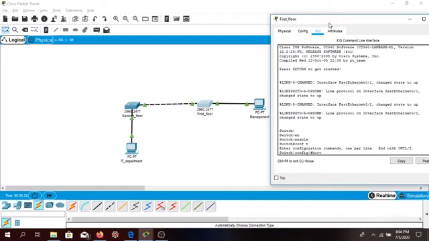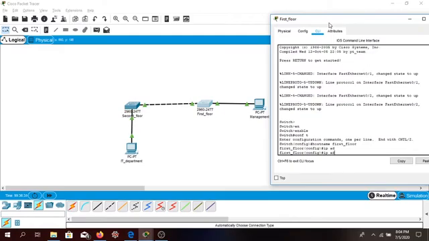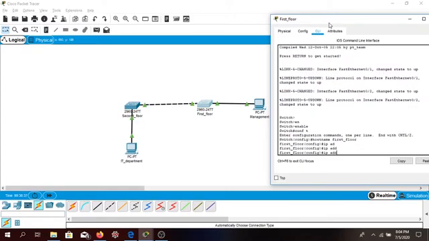So this is how we give a host name. Host name, let's say first_floor. Okay, simple. I'll also assign the IP address for this one. Okay, so ip add